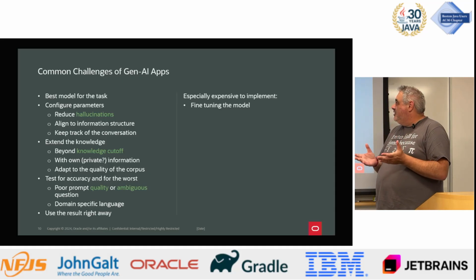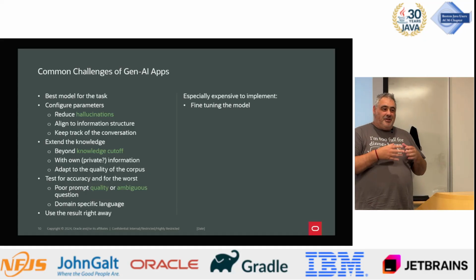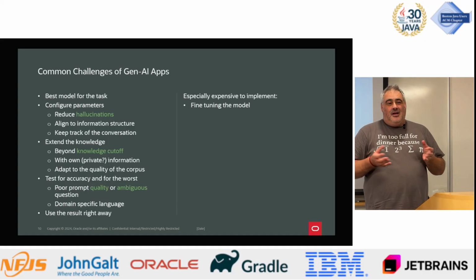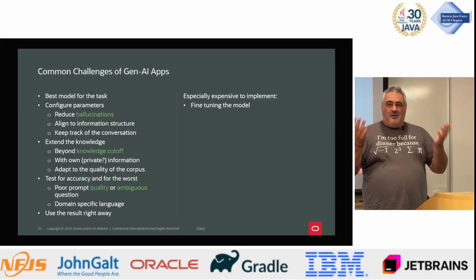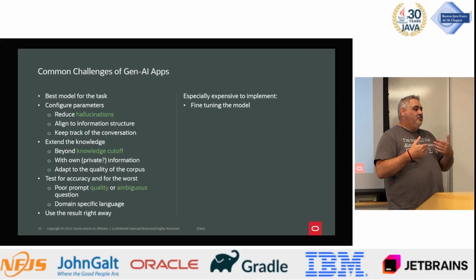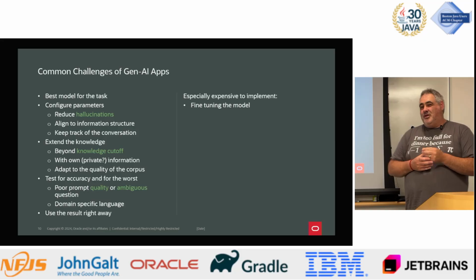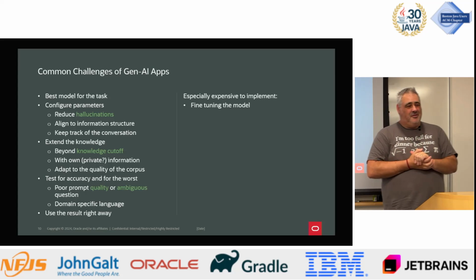So one way to deal with this is to fine-tune a model. Fine-tuning a model is when you take a model that's been trained already on a huge amount of data, and then you introduce new data, like your private data, for example, maybe all the documents about your products and so on. And you continue training the model. So you're adjusting the model weights and so on, okay? Which means the model actually learns about this new data. It doesn't really learn, but it learns about this new data.